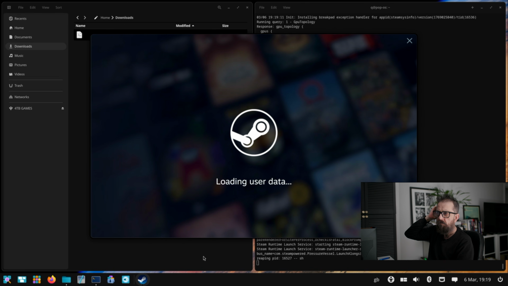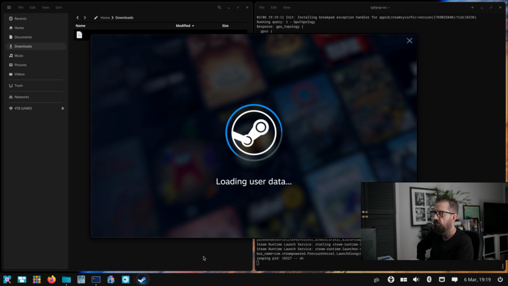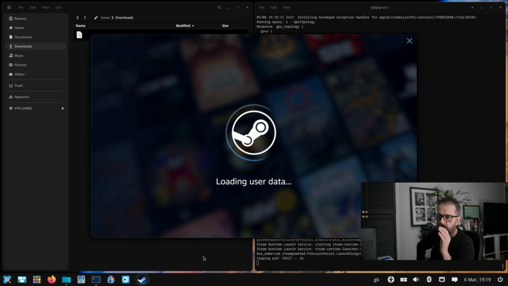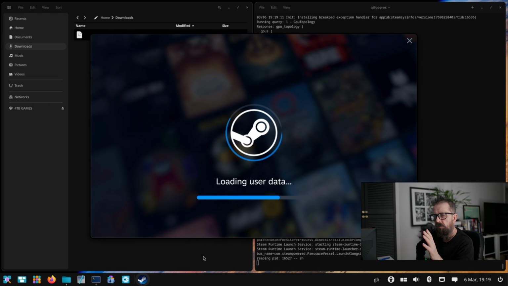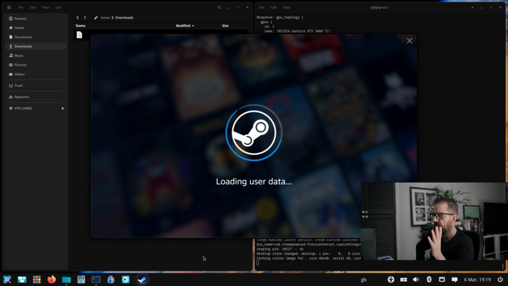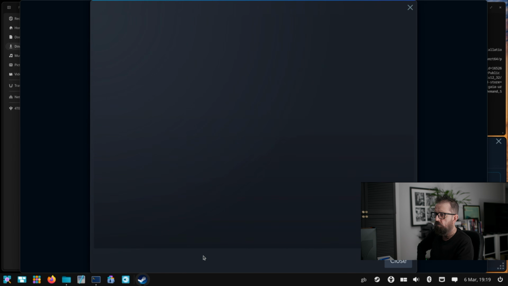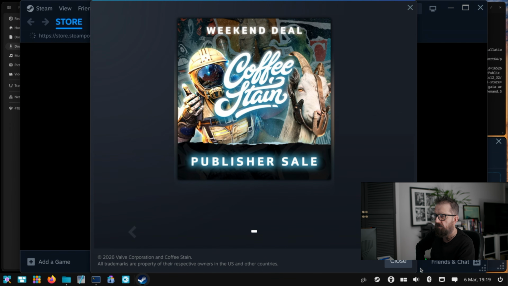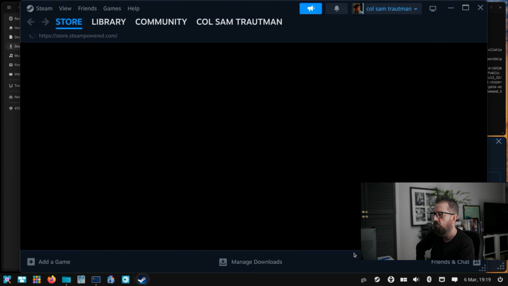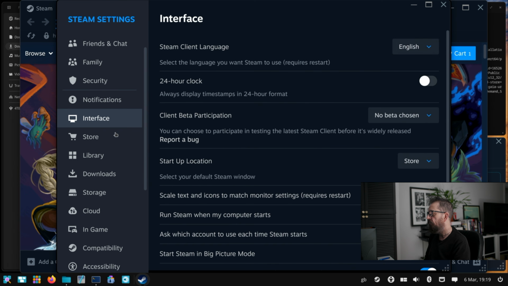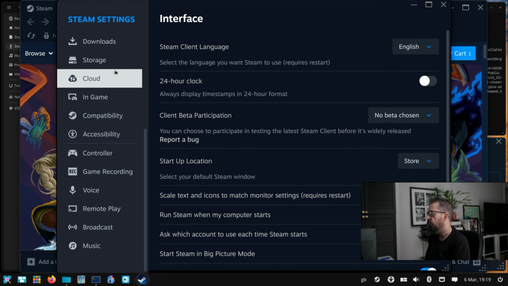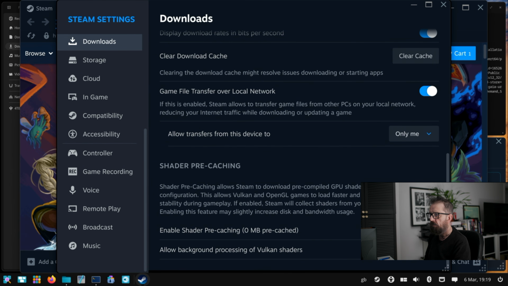You know, I've scaled this to 175%. So I've got fractional scaling on it. I mean, this is pure. This isn't X11. This is pure Wayland. So it's not like old school. Not like Mint is. Mint's sort of X11, I think, still. Anyway, Jesus, that's gigantic. Settings, and then we just go to downloads or interface. Go to downloads, switch off enable background shaders, get rid of that,